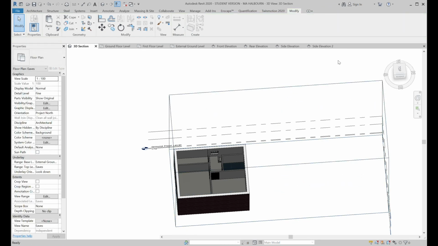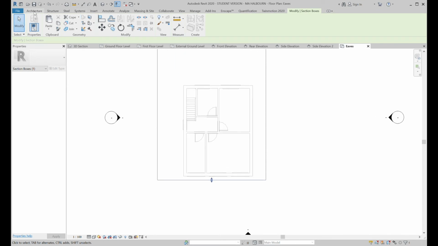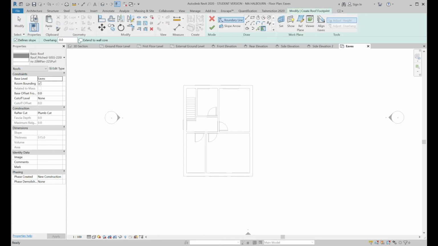So now I'm going to pop straight onto the eaves because we need to pop a roof on. So if we go to architecture and roof, it's a basic roof, pitched roof. So I'm going to edit the type because I'm going to have a look at the structure and what we've got on. Okay, so I use the pick the lines, go around the outside